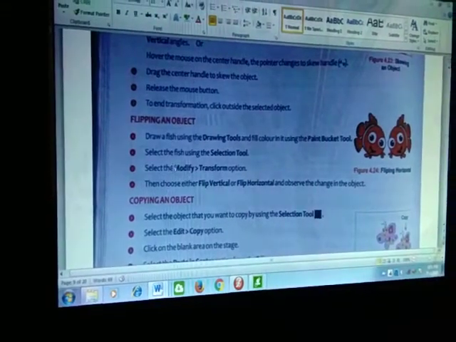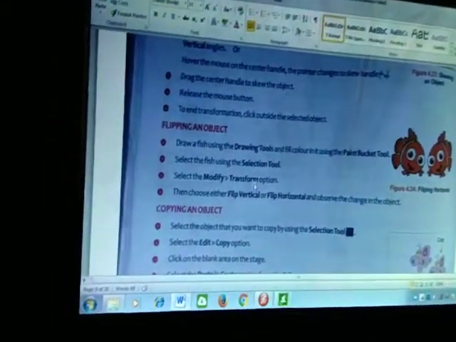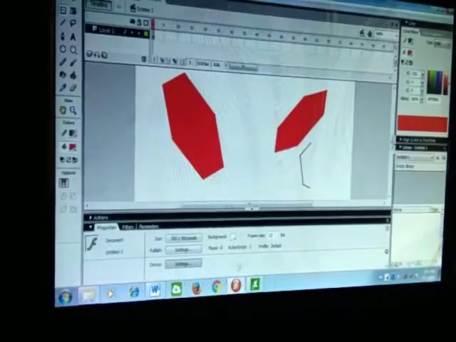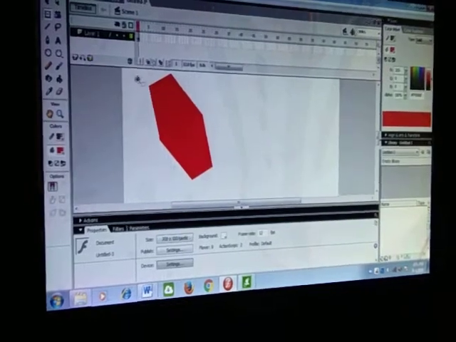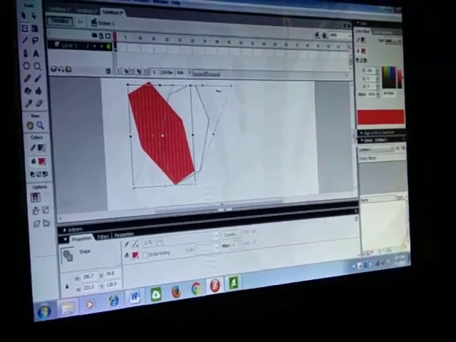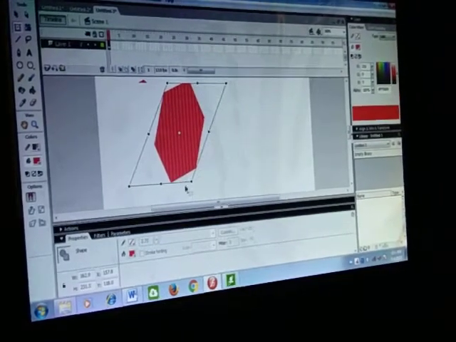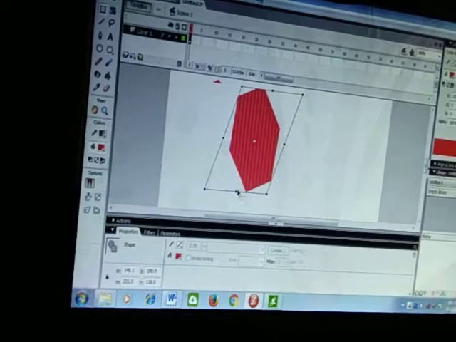How to flip an object? Simply you will go to free transform. See that, I am removing this object and selecting this. Make it short.